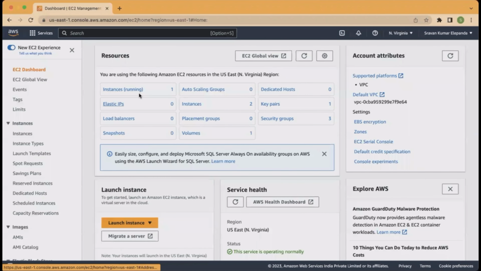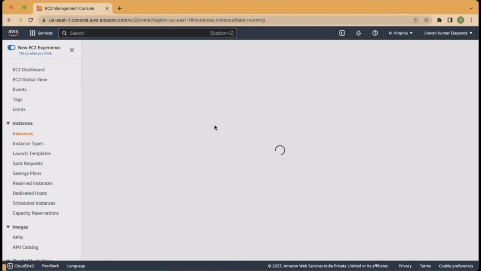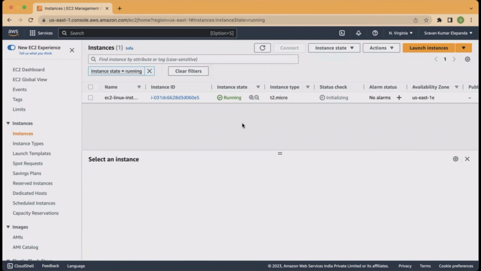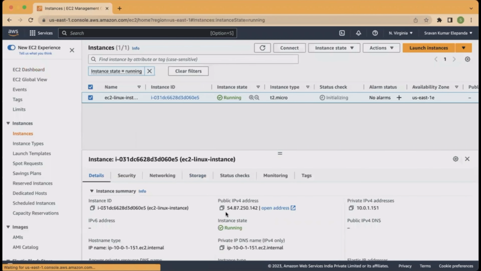If you look here, at my EC2 instances, my EC2 instance is running, and it loaded the instances for me. Now, this is the public IP, 54.87.250.122, for now. Now, if I go back to my Visual Studio,